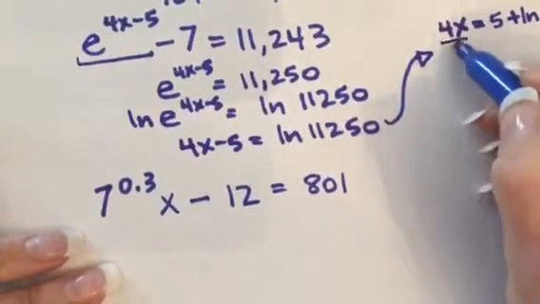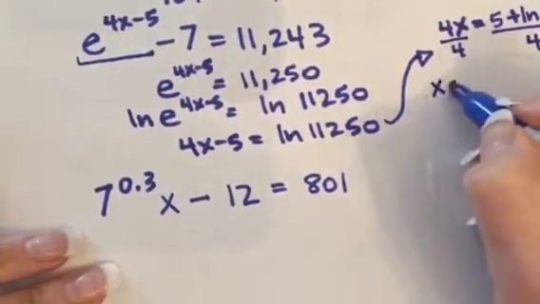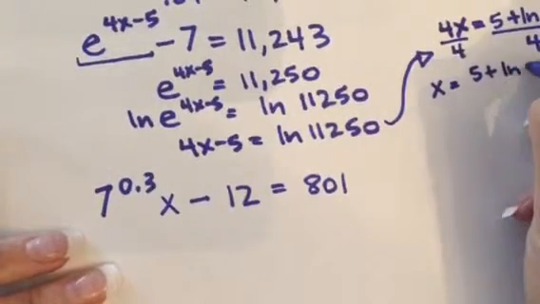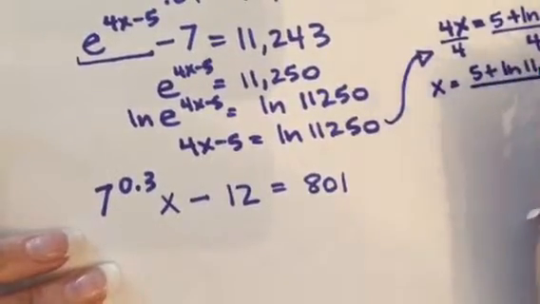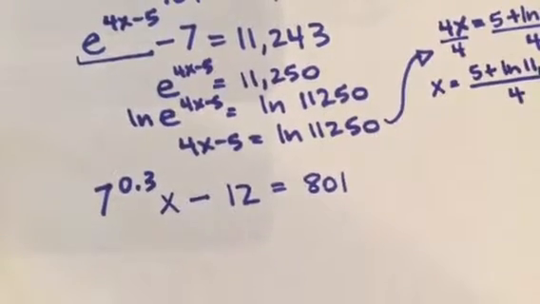And then the last thing we're going to do is divide both sides by 4. And we end up with x is equal to 5 plus ln of 11,250, all divided by 4. Okay, so just for kicks and giggles, we are going to put that bad boy in our